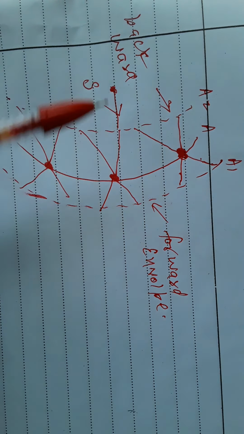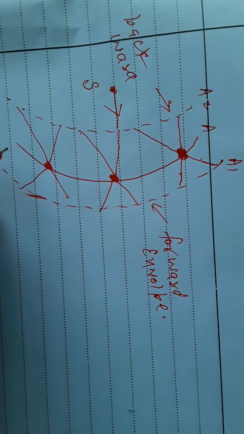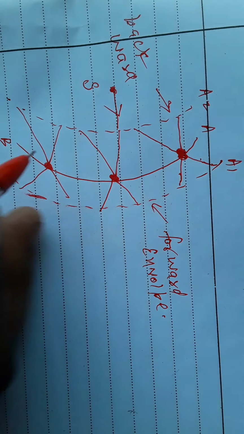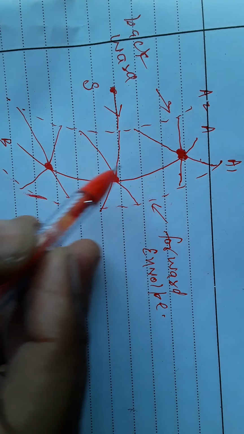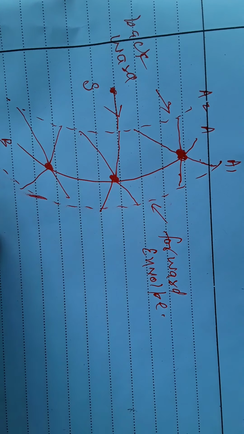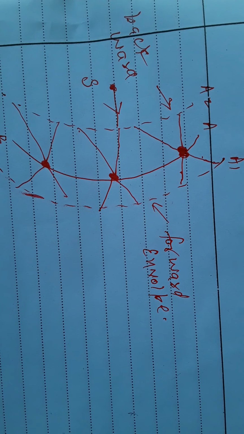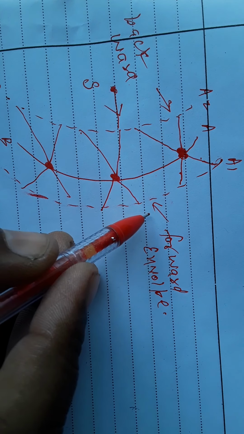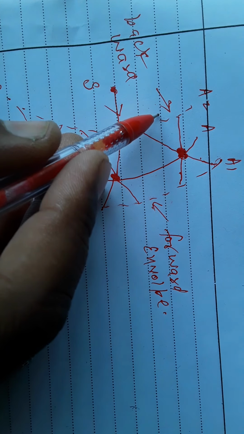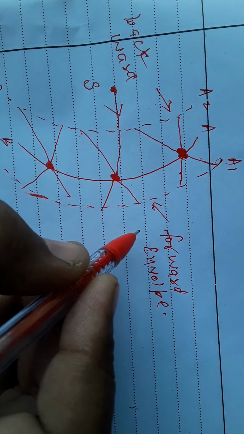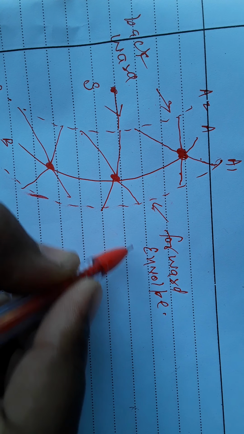S is the new source of a light. This is AB, is a position of all the particles, and here A1, B1 and A2, B2 is a tangent drawn on the wavefront. So this is the forward envelope and this is the backward envelope. Only light travels in the forward direction due to the forward envelope.